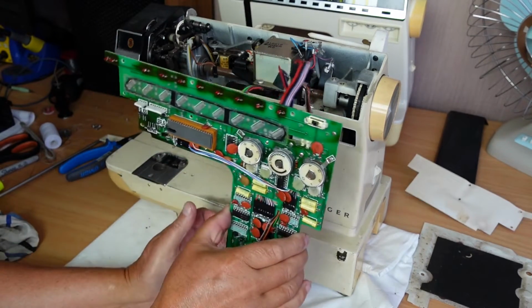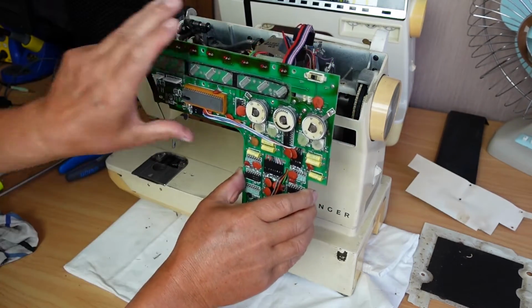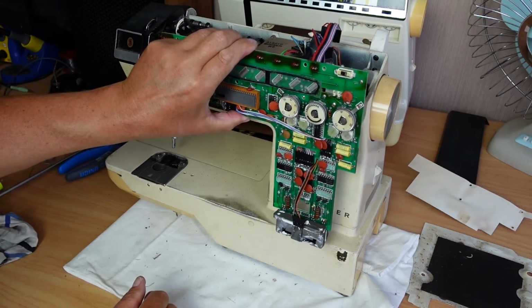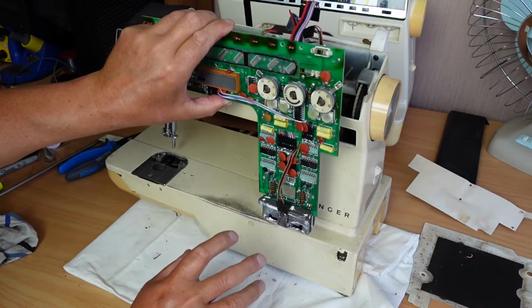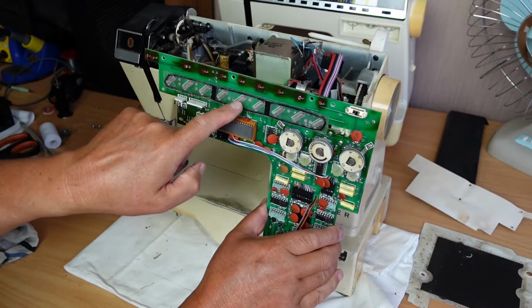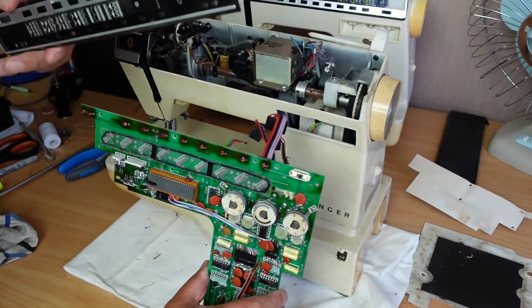You don't actually have to remove this panel. This is the electronic panel that sits down in behind here. You don't have to fully remove it to get access to the buttons. These are the buttons here. And if we have a look at the panel